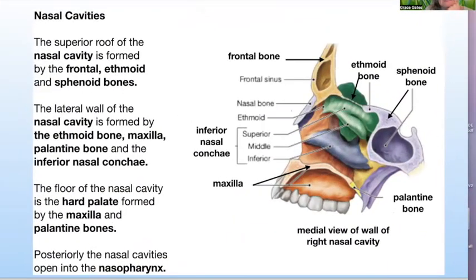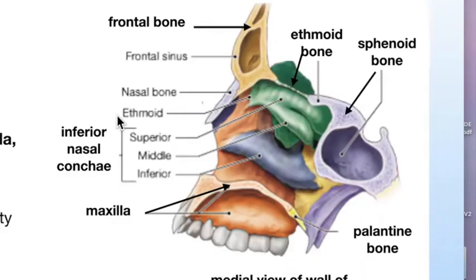Okay, now the nasal cavities. Nasal cavities are important. They're often getting infected. It's nice to know a bit about them. The superior roof of the nasal cavity is formed by the frontal bone, the ethmoid bone, and the sphenoid bones. The lateral wall of the nasal cavity is formed by the ethmoid bone, the maxilla, the palatine bone, and the